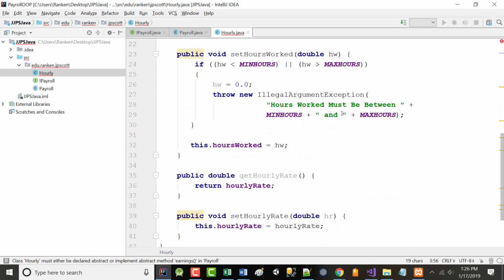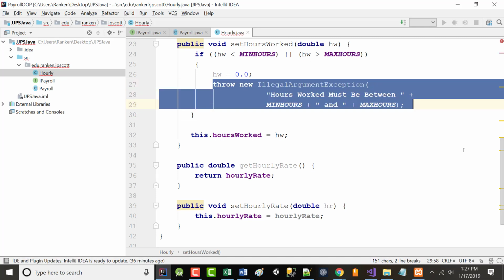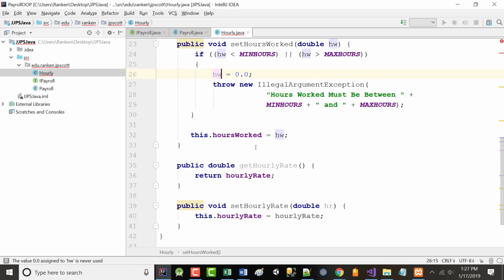All right, so what this says is, if you put in something negative or something greater than 84, you're going to present a message on the screen that says hours worked must be between 0 and 84. You're just setting it equal to 0. In fact, should we use 0? How about this? Didn't we have something we called def hours?